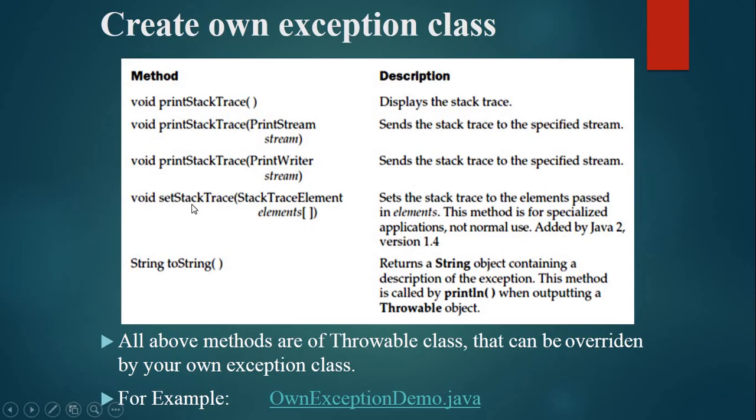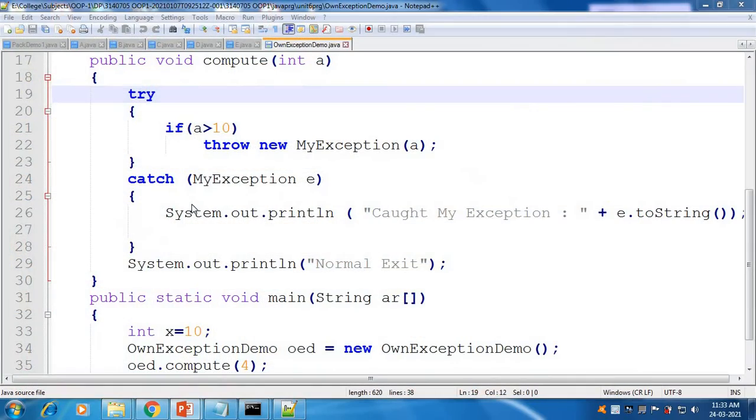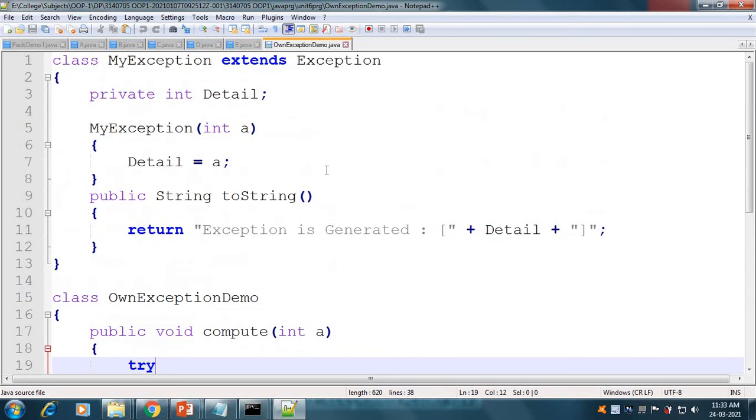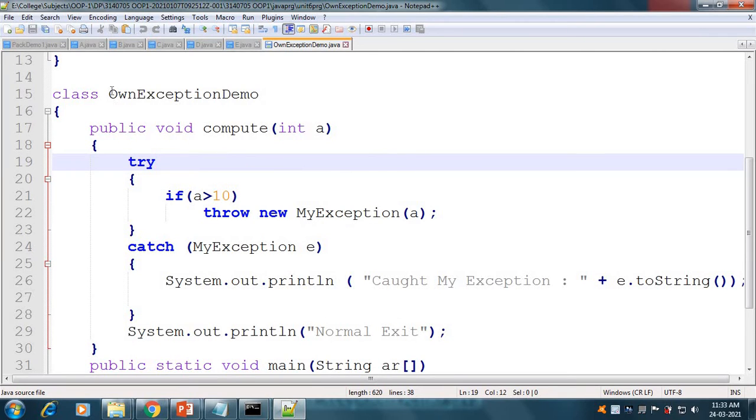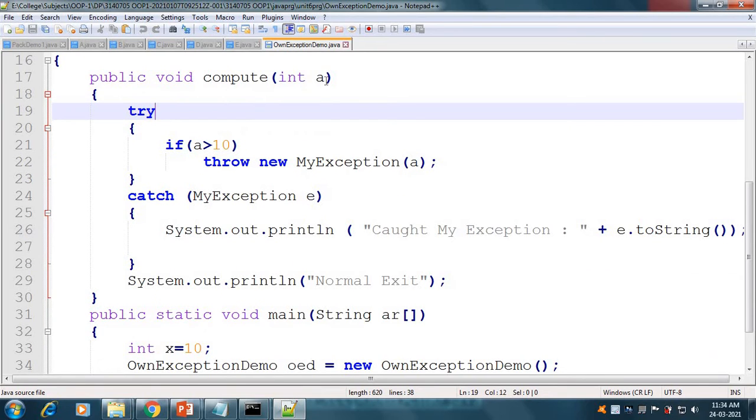Okay, so we will see an example of how we can run our own exception class. Here our class name is OwnExceptionDemo. In it we have a void compute method, to which we have passed a variable a. On that we have put a try block. If our value is greater than 10, then we will throw the exception.